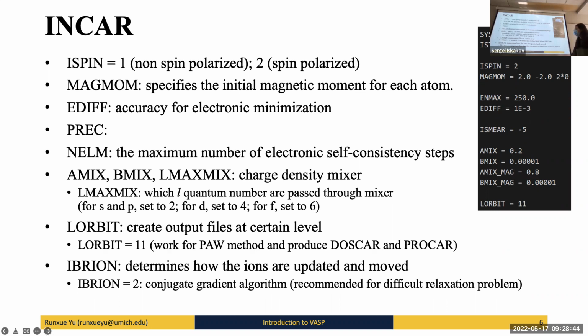Okay. And the orbit parameter will create the output files at a certain level. So usually we will use this one for the band structure. For the PAW method, for example the PV, it will produce those cards. This will give us the density of states, and the pro card, I will go over it later. And also